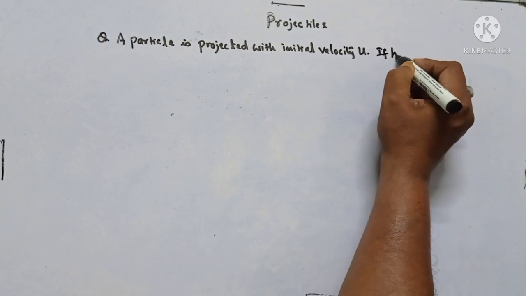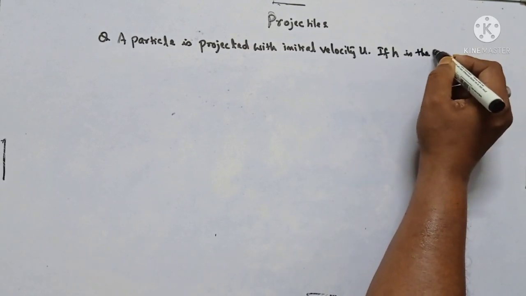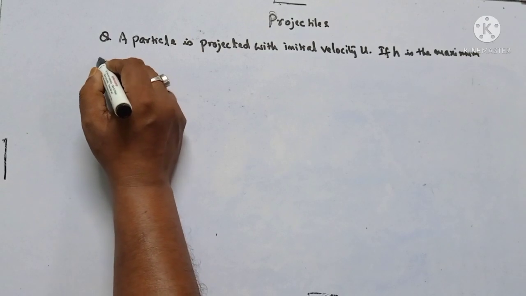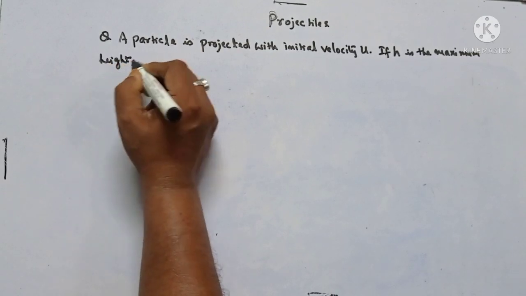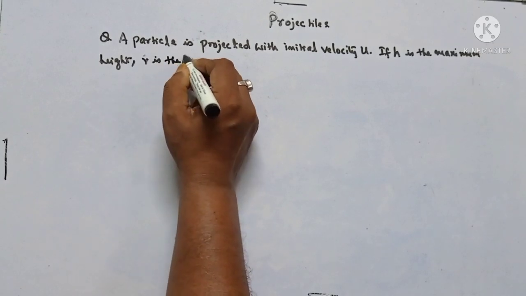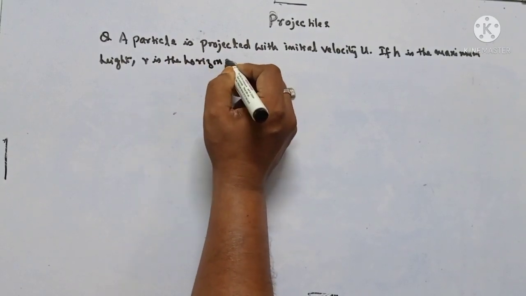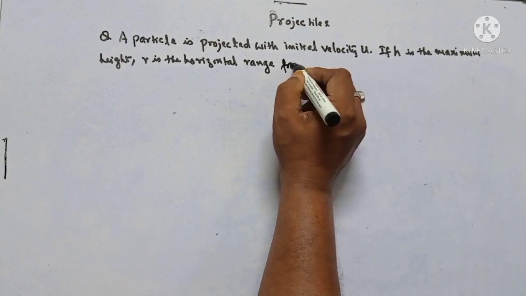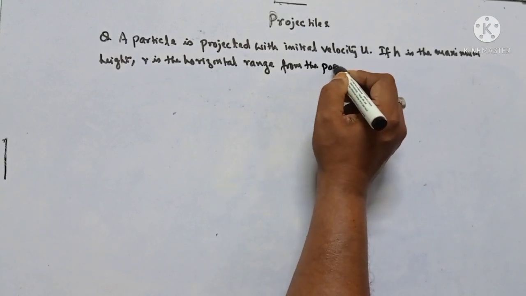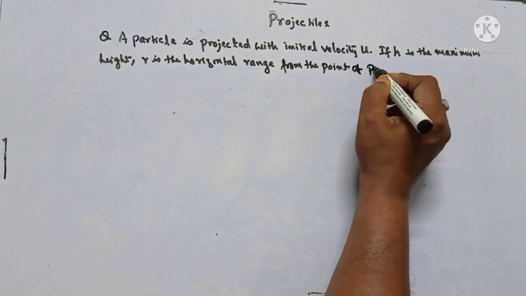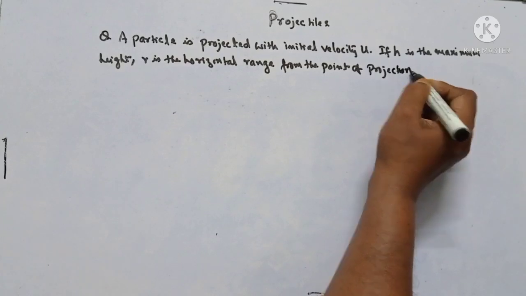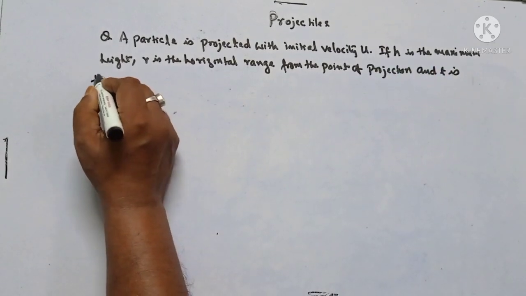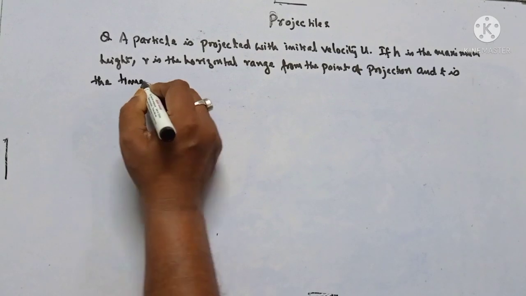If h is the maximum height, R is the horizontal range from the point of projection, and T is the time of flight,